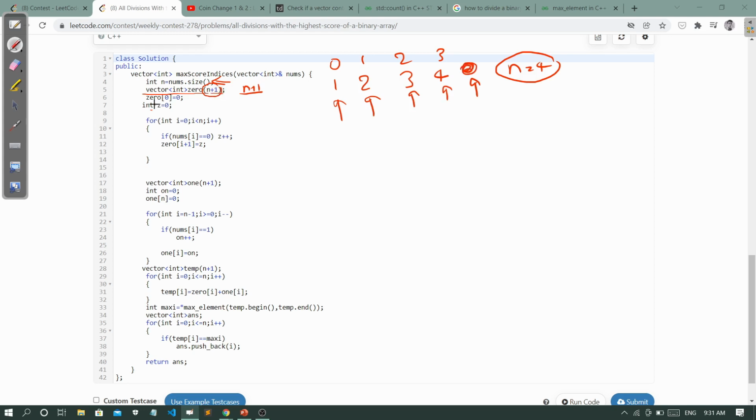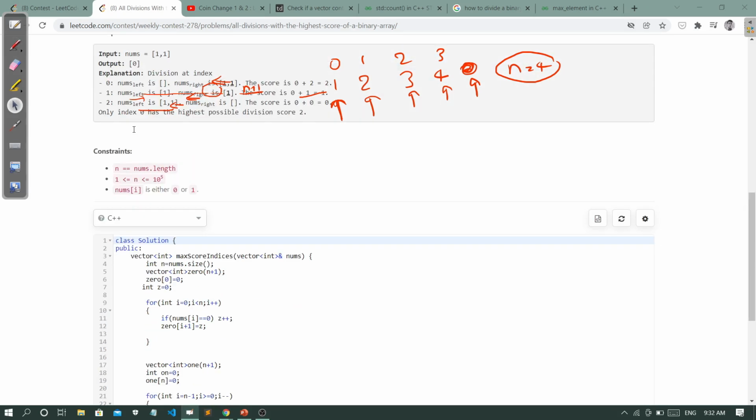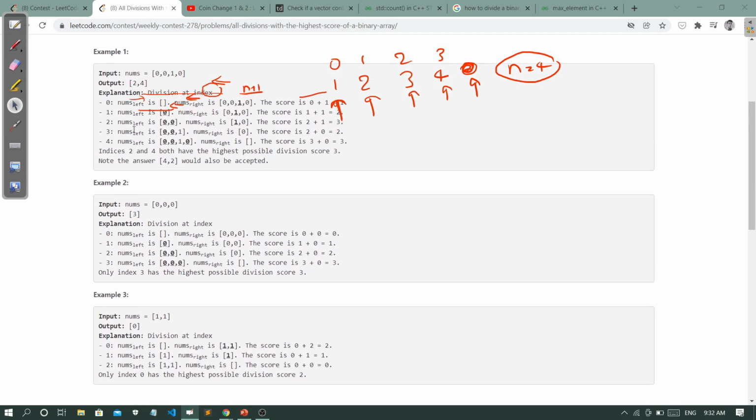Initially, if I am at the 0th index, this portion doesn't have any left subarray, so we take 0 here, and z is the variable to count the number of zeros in the left portion. For this it is better to take a case like 0 0 1 0.